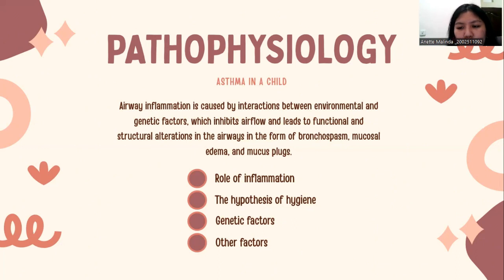The next one is genetic factors. Several studies have focused on the role of genetics in asthma susceptibility. A recently published meta-analysis of genome-wide association studies of asthma in ethnically diverse populations in North America identified 5 susceptibility loci. 4 of the loci have been previously reported at 17q21, and one of them is a novel asthma susceptibility locus at